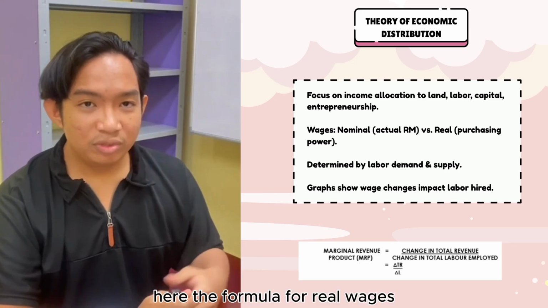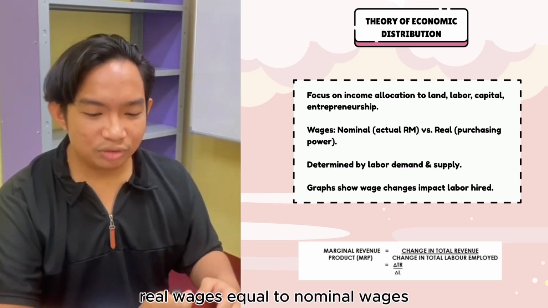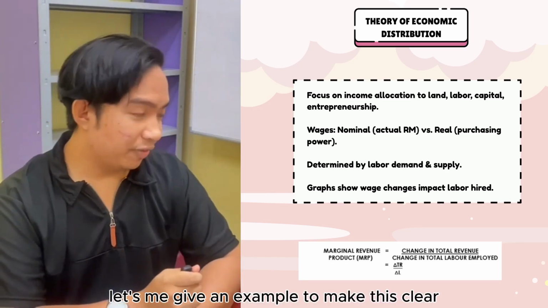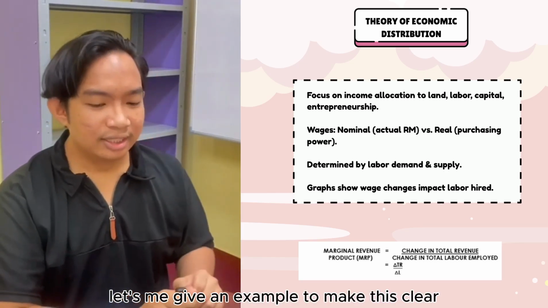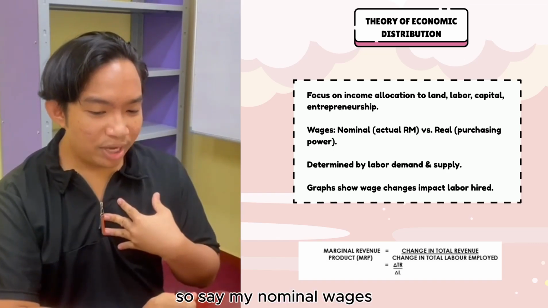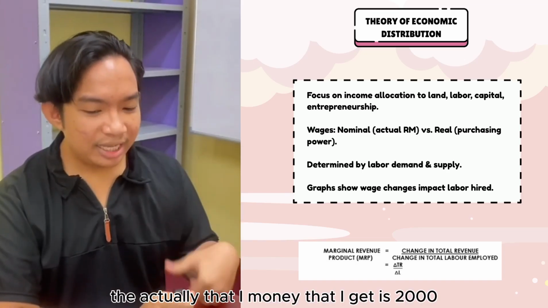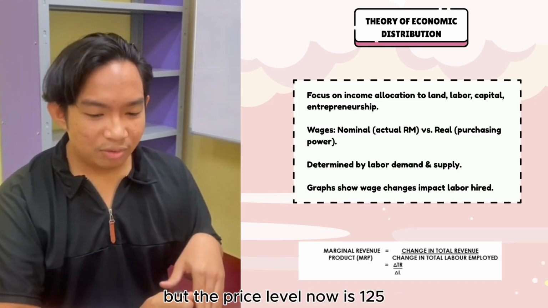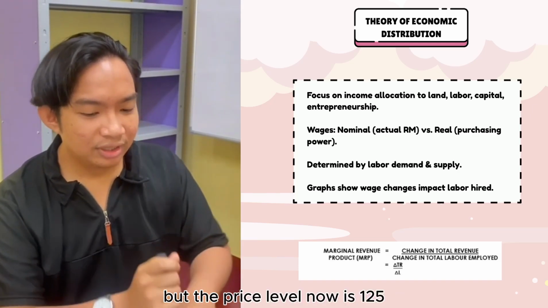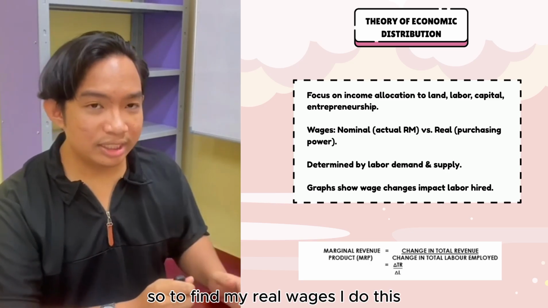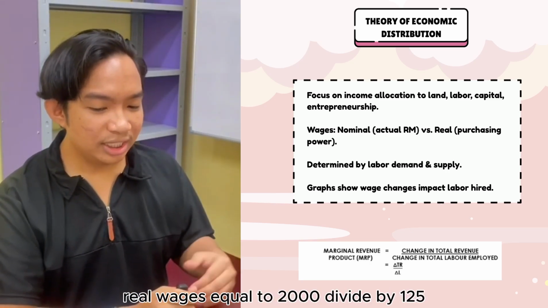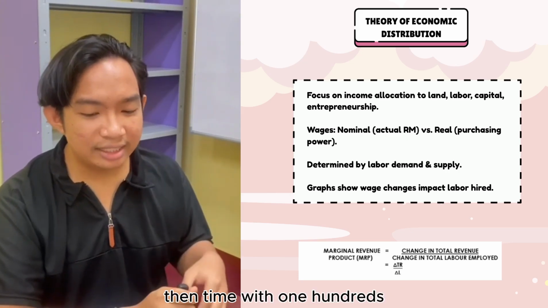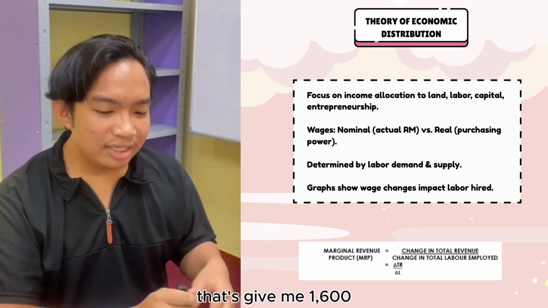Here is the formula for real wages. Real wages equal nominal wages divided by price index. Let me give an example to make this clear. So say my nominal wages, the actual money that I get, is 2,000, but the price level now is 125. So to find my real wages, I do this. Real wages equal 2,000 divided by 125, then times 100. That gives me